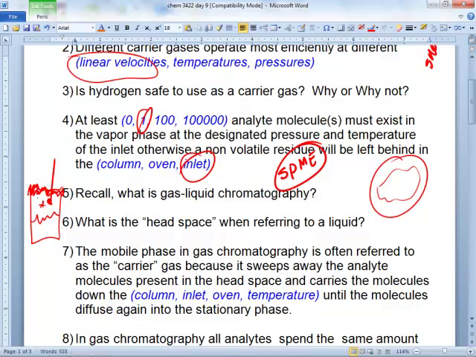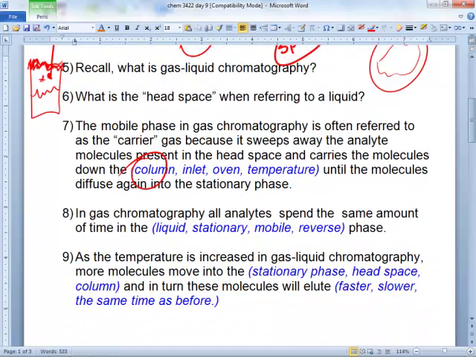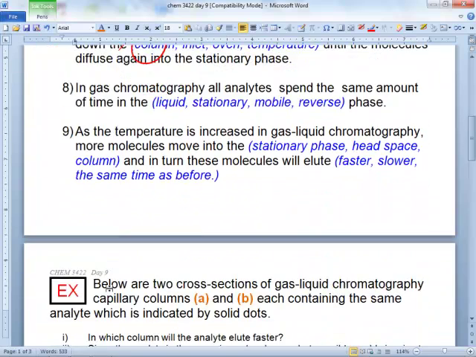Anyway, the mobile phase in gas chromatography is often referred to as the carrier gas because it sweeps away the analyte molecules present in the headspace and carries the molecules down the column until they diffuse again into the stationary phase. Just a repetitive process. In gas chromatography, all analytes spend the same amount of time in the mobile phase. As the temperatures increase in gas-liquid chromatography, more molecules move into the